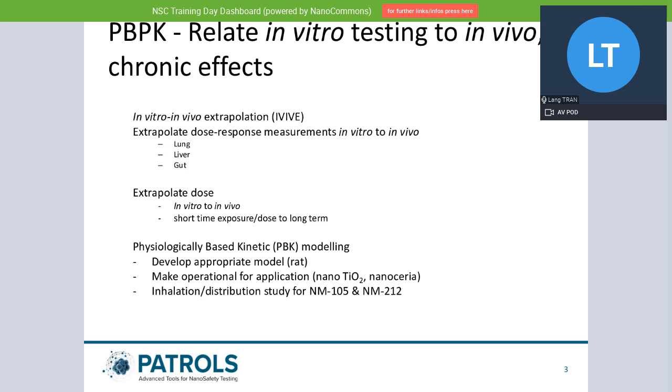And of course, the data we use are mainly from the rat model, because we have plenty of data from animal experiments based on the rat. And in these experiments, they are mainly testing TiO2 or serum, and this is what I'm going to show you next. The data is available in TiO2 and serum. So the data they use for this animal experiment, as you see, are with NM105 and NM212.